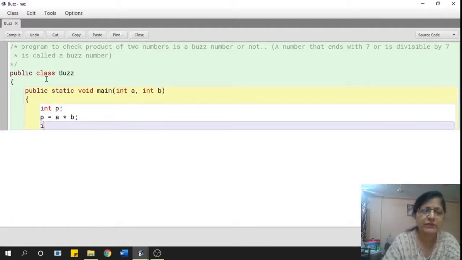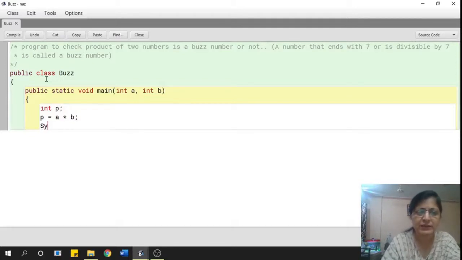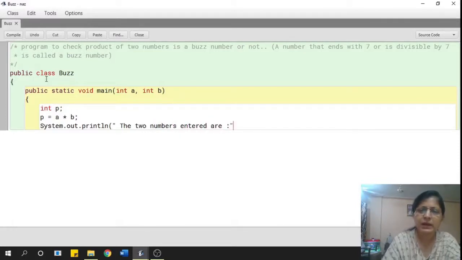So it's a program in which we are going to use if. Just before we start printing the answer, we can say system.out.println, the two numbers entered are, and then plus A plus, and remember to put a space before and after the and, otherwise it will stick, A and B. Whatever numbers are entered, it will show this and this.